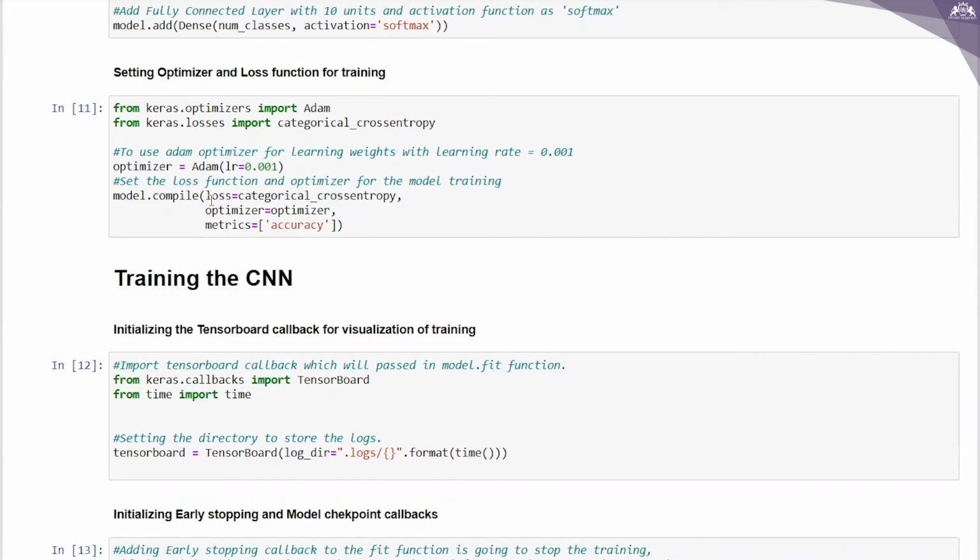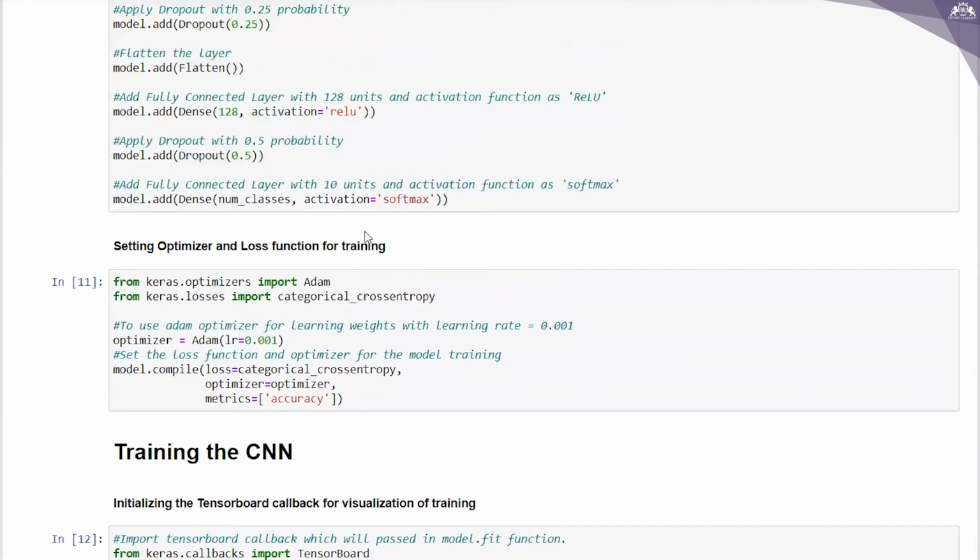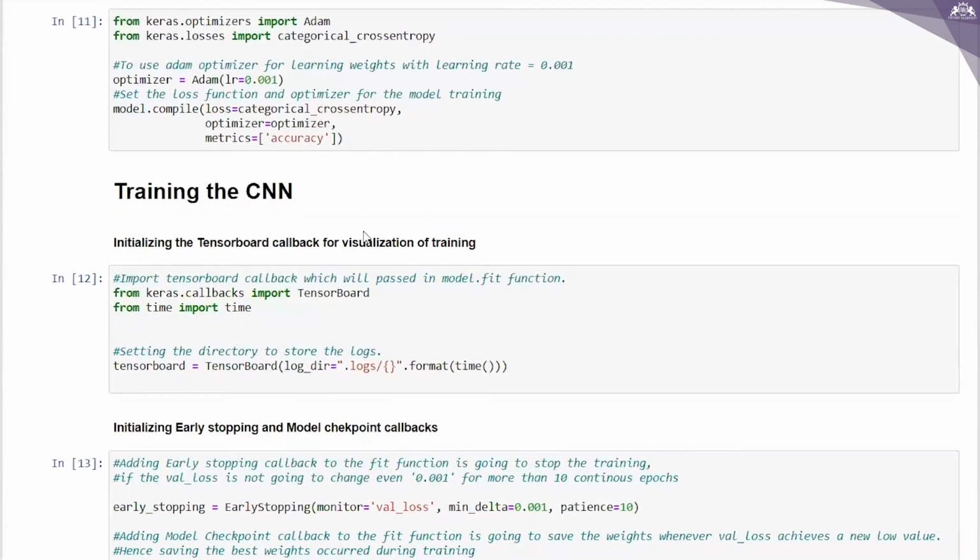And for the loss function, model.compile, and the loss is categorical cross entropy, and the optimizer is Adam with the learning rate 0.001, and I'm using the metric accuracy. So what I have done now, I have converted it into one hot vectors, and then I have added the layers, then the optimizer and the loss function.